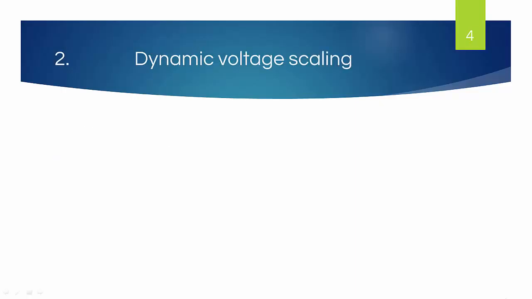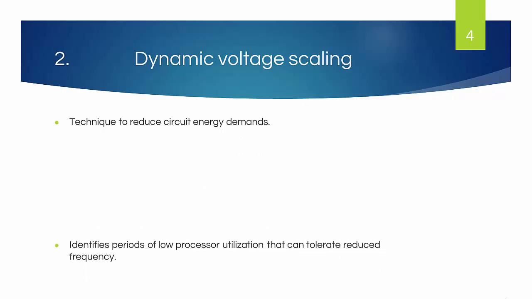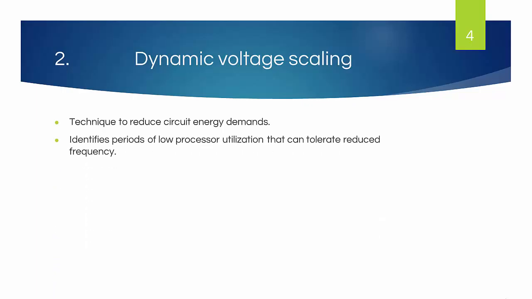Dynamic voltage scaling. DVS has emerged as a powerful technique to reduce circuit energy demands. In a DVS system, the application or operating system identifies periods of low processor utilization that can tolerate reduced frequency. With reduced frequency, similar reductions are possible in the supply voltage. Since dynamic power scales quadratically with supply voltage, DVS technology can significantly reduce energy consumption with little impact on perceived